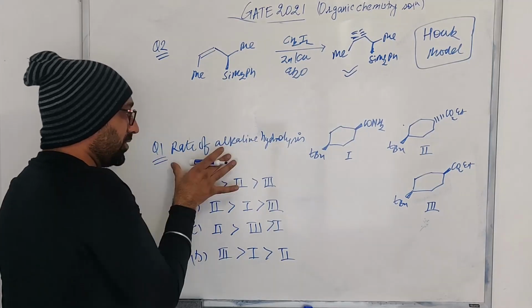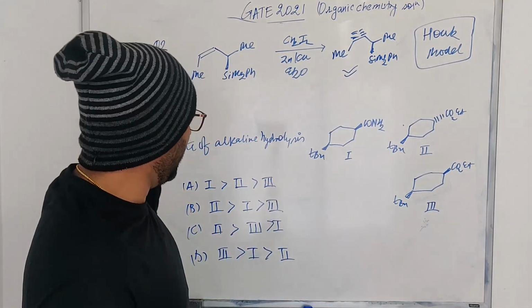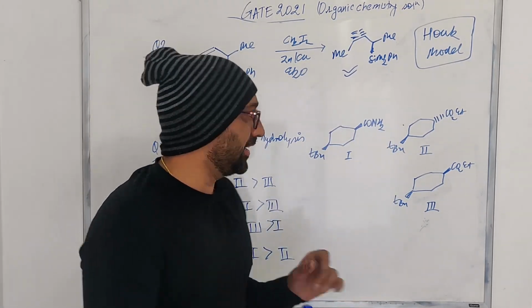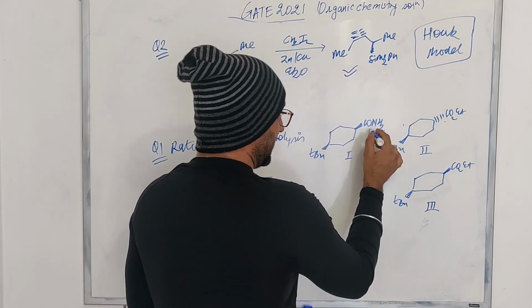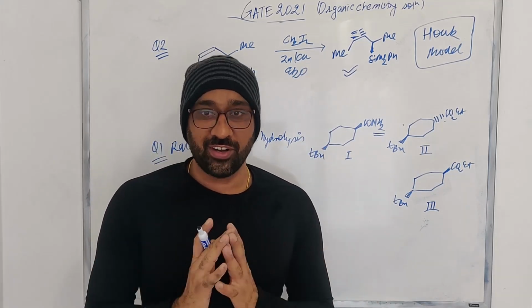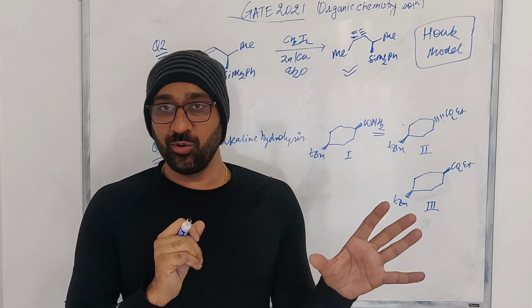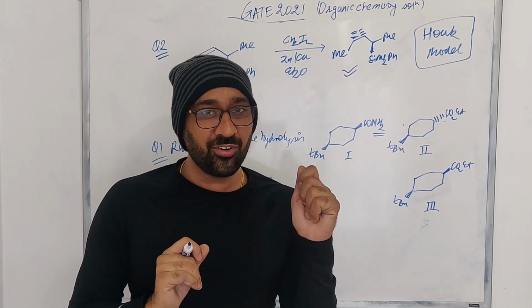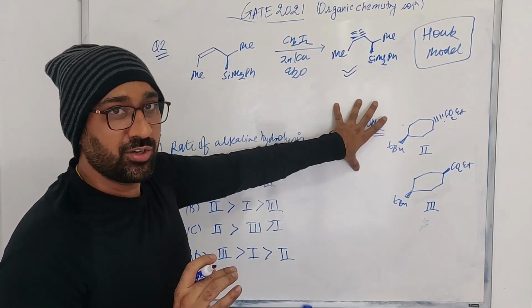So let's talk about the rate of alkaline hydrolysis. We have three compounds they have given us and they have told us the rate of alkaline hydrolysis. अगर मैं इसका clearly देखूं, so in this particular case the only difference is this is trans, this is cis, and here what we have is an amide. अगर मैं अपनी general knowledge of organic chemistry use करूं, we know that amides are slightly harder to hydrolyze as compared to the esters. Amide को अगर आप hydrolyze करना है, in normal condition you have to put in some efforts. So it means these are most difficult to hydrolyze.